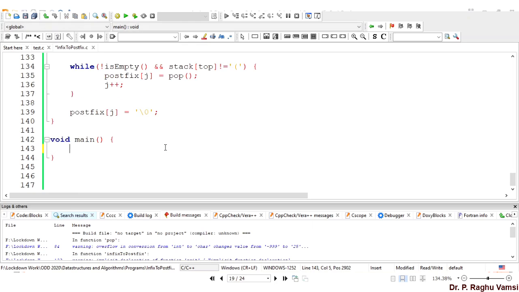So what I will do is printf enter the infix expression. Just enter the infix. Then, strcpy, because I'm going to copy an empty string into postfix.